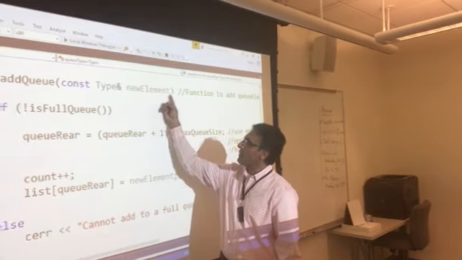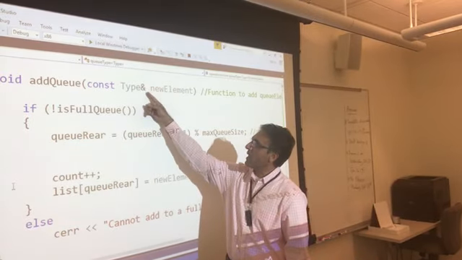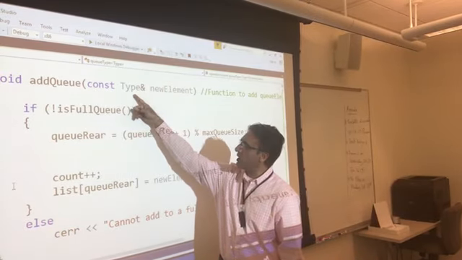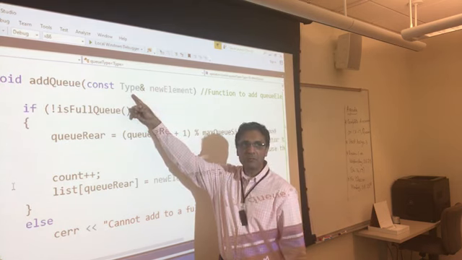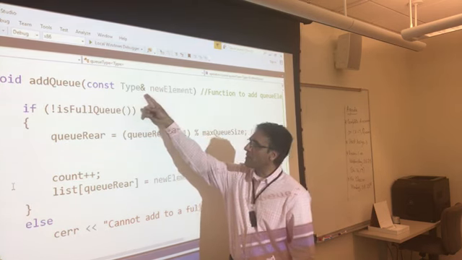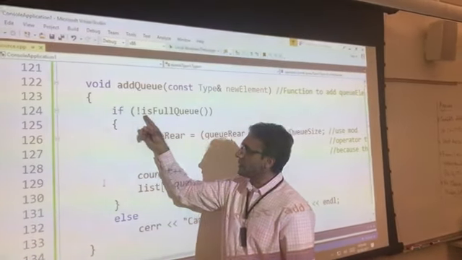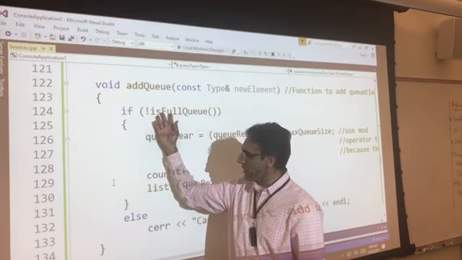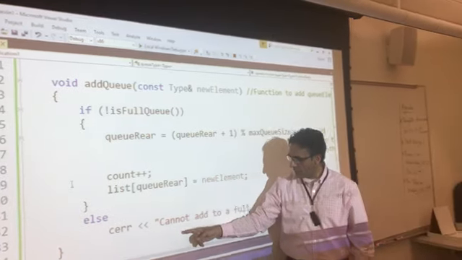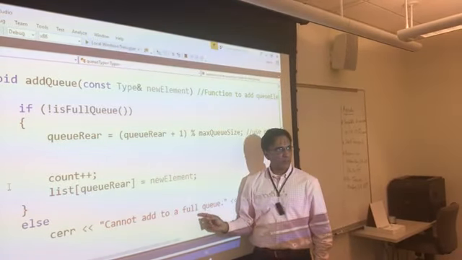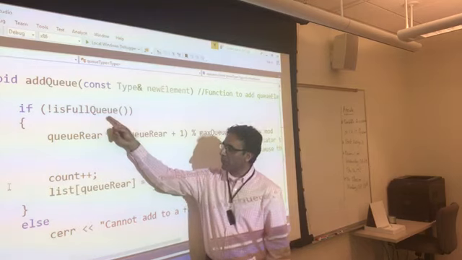So this is the new element comes in. The new element comes in as a reference of this type, assuming it's an integer. It could be an integer, it could be anything. And then I check if it's already full, then I really cannot do anything. And that's why I say if it's already full, cannot add to a full queue. If it's not full,